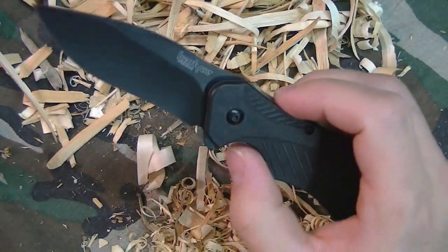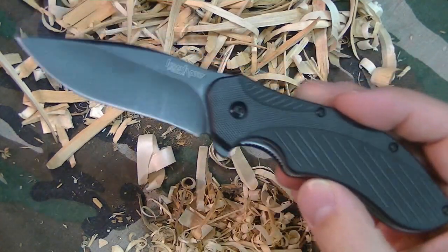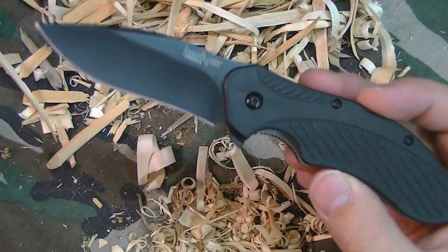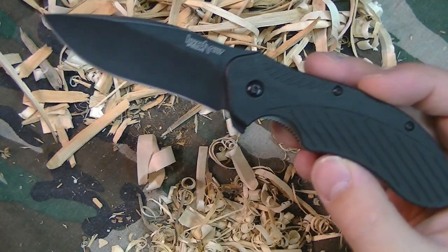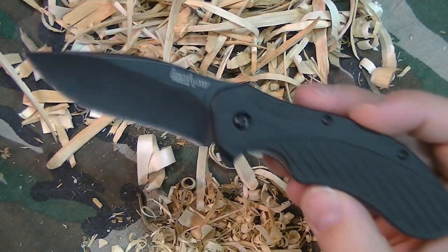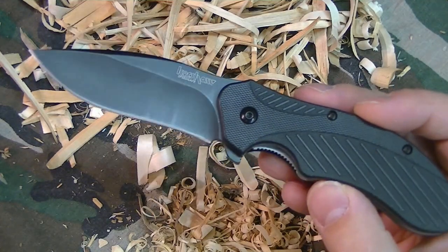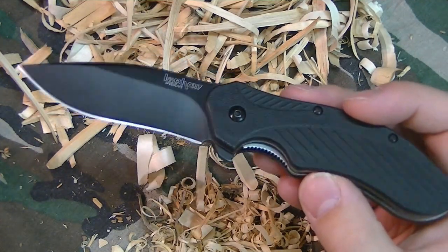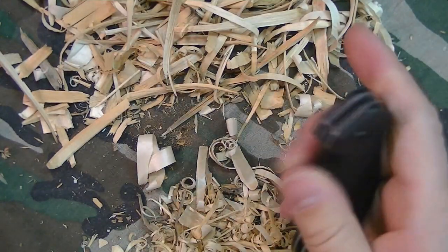Overall, I think this is a great EDC blade. You're talking 25 bucks for this. Don't pay 30. I've seen some places where it's 30. You're looking at the ballpark, 23, 26 bucks. This is a fantastic little knife, and it's just fun. I really like this blade. For the price, I can get over the ergos,